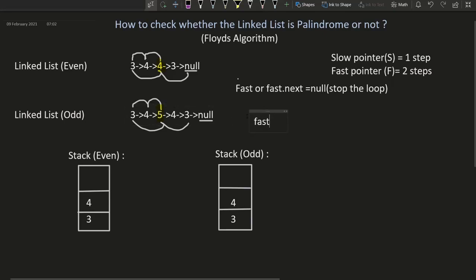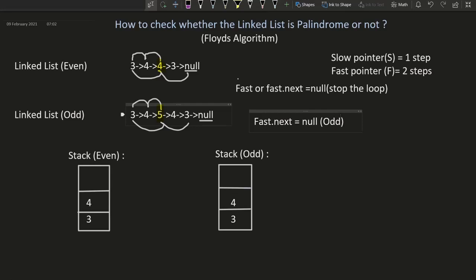If fast.next is equal to null, it means that the linked list contains an odd number of nodes. I will repeat it again: after finding out the midpoint, we have to check whether the linked list contains an odd number of elements or not.